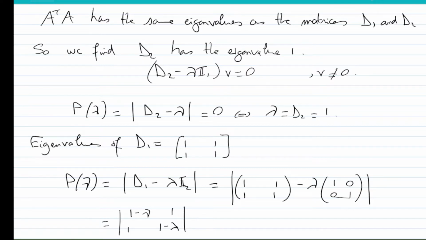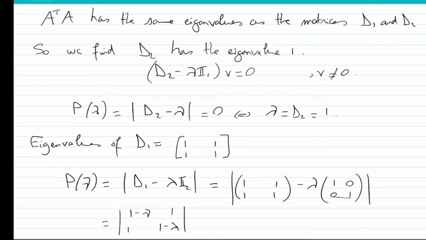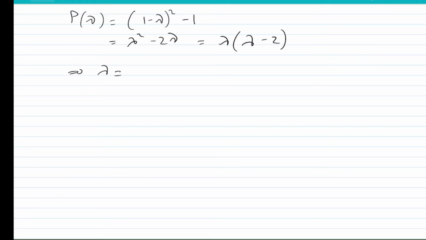Okay, so let's compute this determinant. P of lambda is 1 minus lambda squared minus 1. So this is lambda squared minus 2 lambda plus 1 minus 1. So this is lambda times lambda minus 2. So I find lambda equals 0 and lambda equals 2. So the eigenvalues of A transpose A are